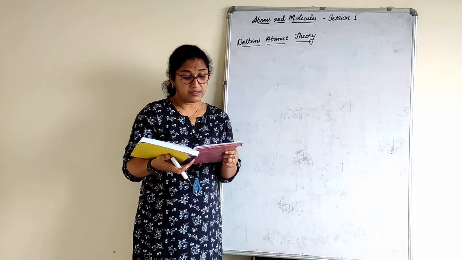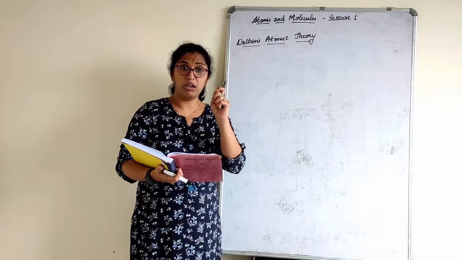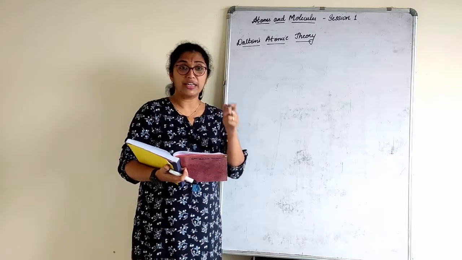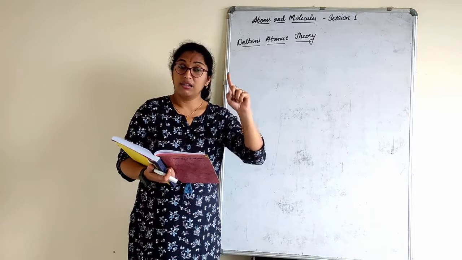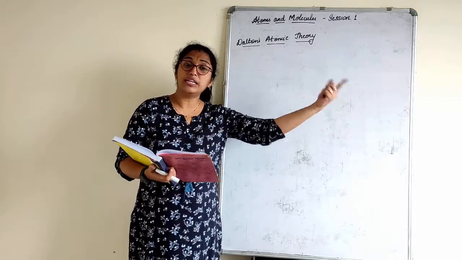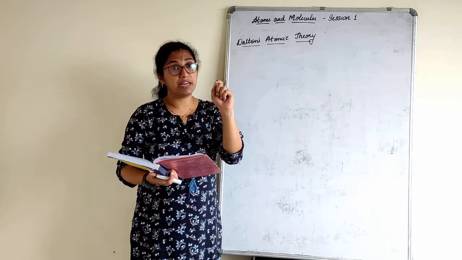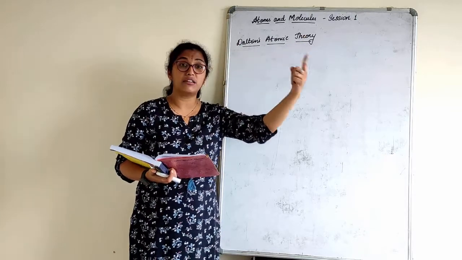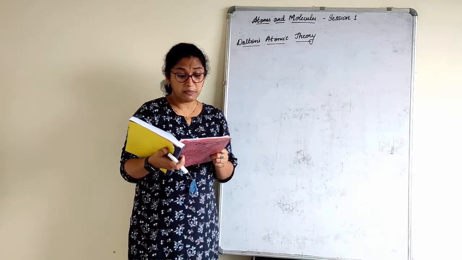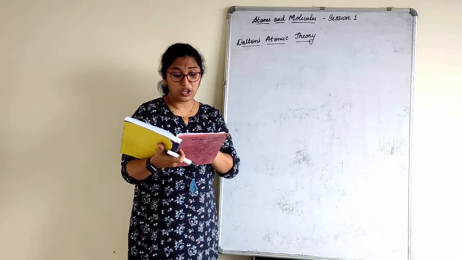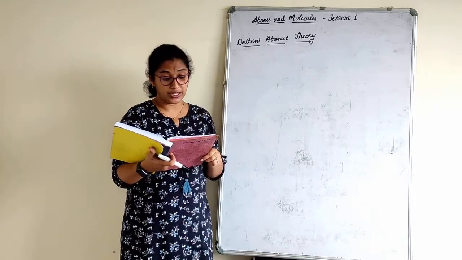Second point, atoms are indivisible particles. That means atoms are so small that you cannot divide them. Suppose I give you one piece of paper and ask you to tear it into 2 pieces, you will tear it. That one piece into 2, into 2, into 2. It has to be torn into such a small part. Just imagine, it cannot be torn any further, right? Such a small one. So atoms are indivisible particles which cannot be created or destroyed in a chemical reaction. That's what we understood here.